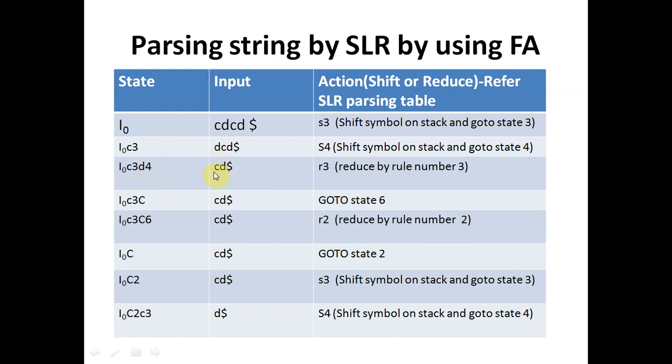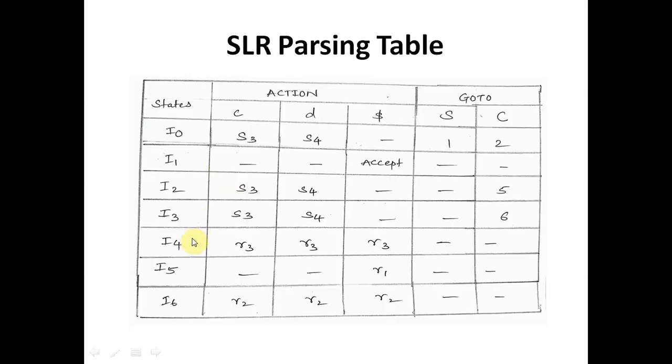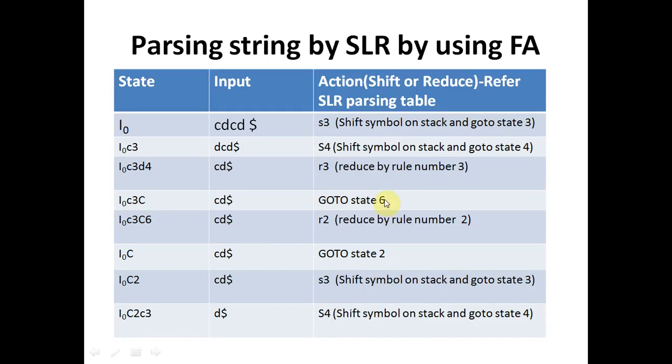The fourth state is receiving small c. Whenever the fourth state receives small c, you have to consult the table. The fourth state on small c is asking you to take the action reduce by rule number 3. So what is rule number 3? That is D is replaced by capital C. Rule numbers we have written. So reduce by rule number 3. So it is done. We were in the fourth state. After reduction it will go back to the original state, whichever was there. We were in the third state earlier, so it has gone back to the third state.